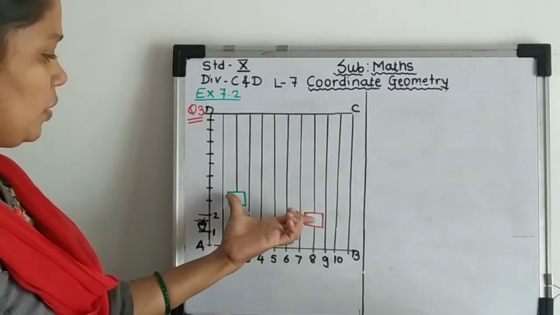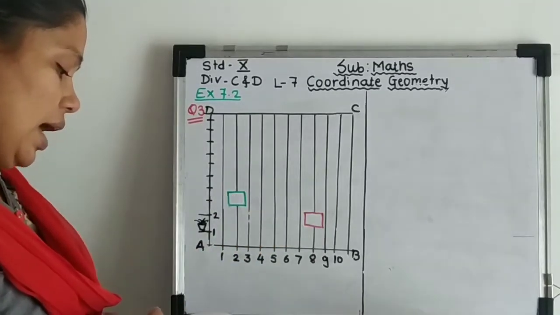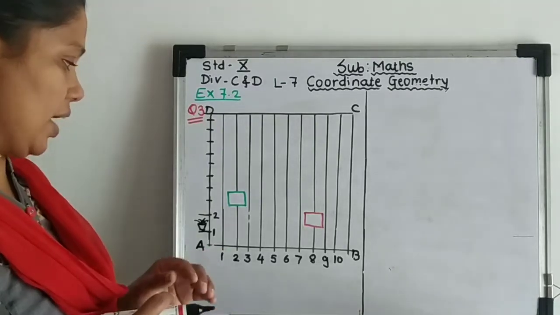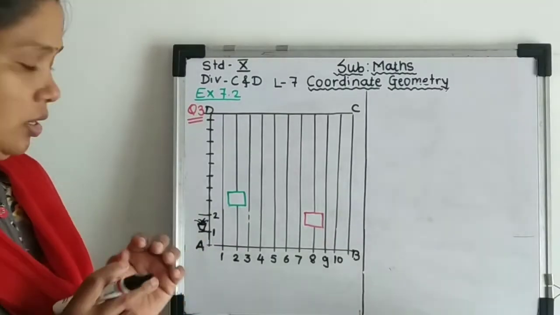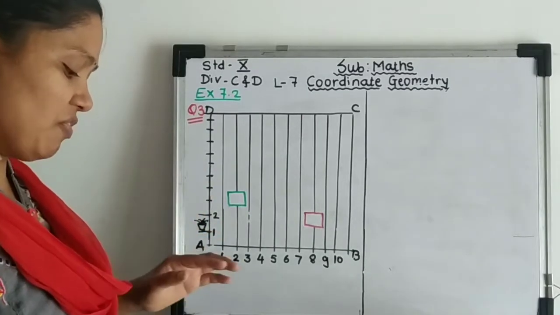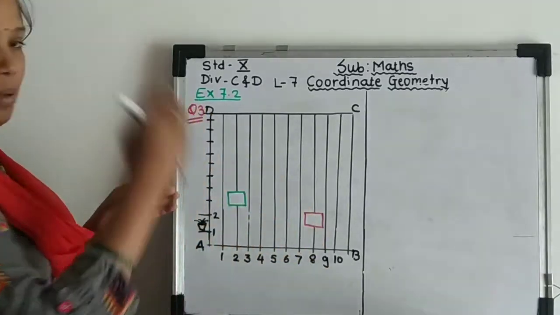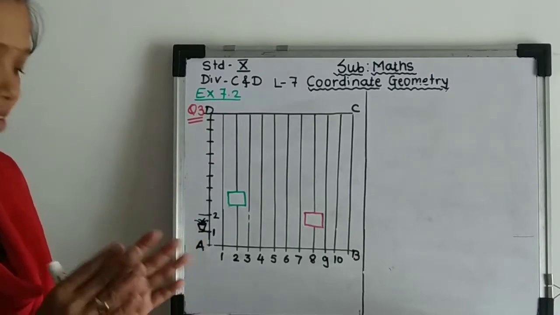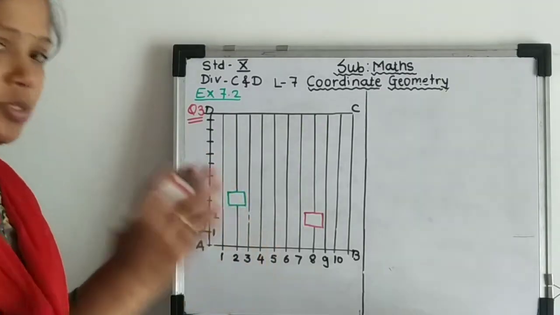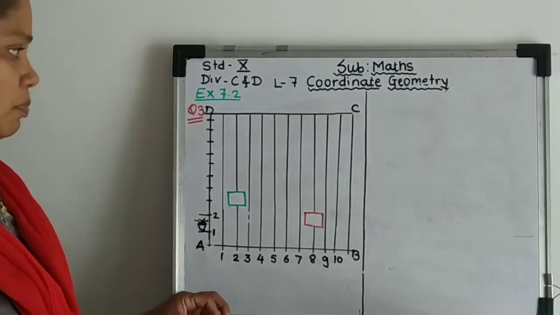We are going to first find out the distance between these two flags, and the next question asked is, if Rashmi has to post a blue flag exactly halfway between the line segment, exactly halfway she just wants to place, then where should she post her flag? At what position is she going to post her flag?